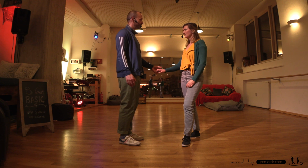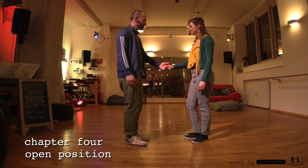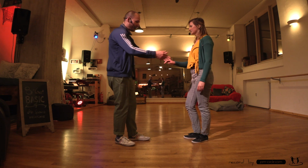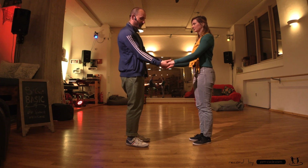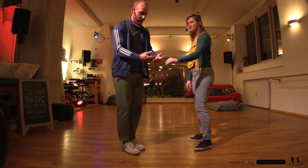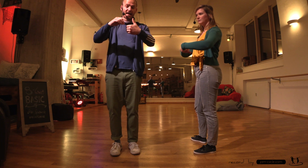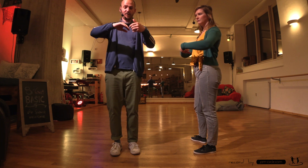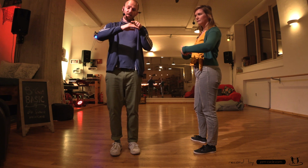The open position, face to face. So, and the hand hold here. We will have two hands now, just wrapped around, and to show you, you can make it by yourself. Take your one hand, that is the leader hand, this is the follower hand, and we go in this bone,